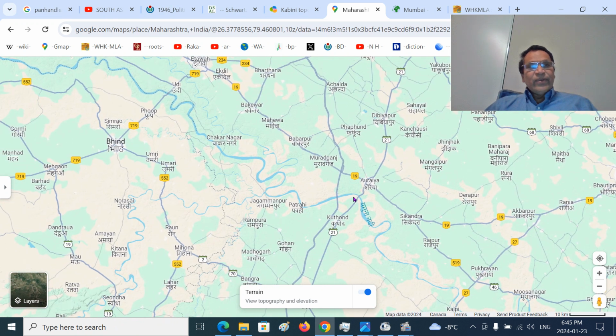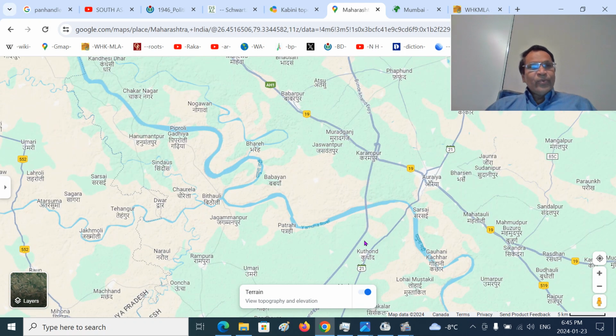So this is the Yamuna river. This is the Chambal river. Then should be Kanwari. This is the Kunwari river. You can see Kunwari here. And this is the Pahuj river. That is the Sindh river, not Sindhu, that's the bigger river. All these five rivers meet near a place called, we can say, Bare or Jagmanpur.